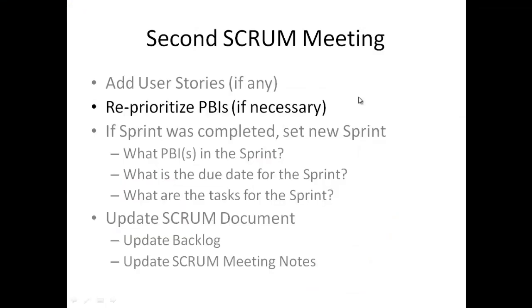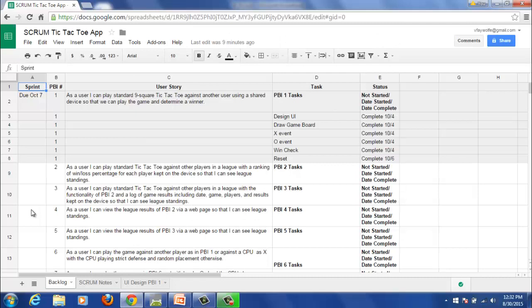Now at this second Scrum meeting, after the backlog has been augmented with these new user stories, the development team reprioritizes what are the user stories that are most important to do in the next sprint or the next release. So let's see an example of how they use the Scrum document to reprioritize the user stories for their next sprint. In the current document, the next user stories go into setting up a tournament among 2 players playing against each